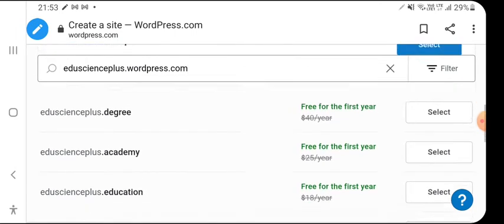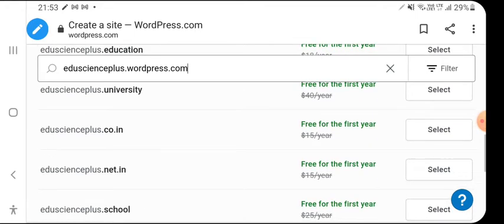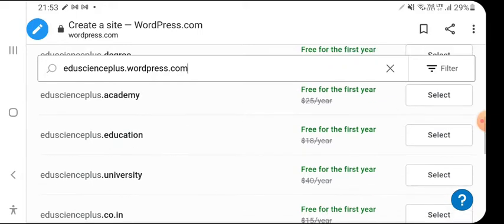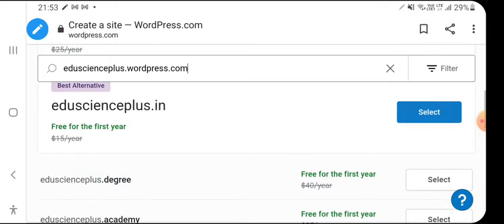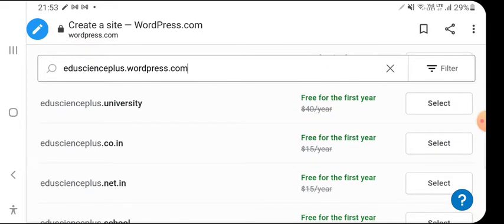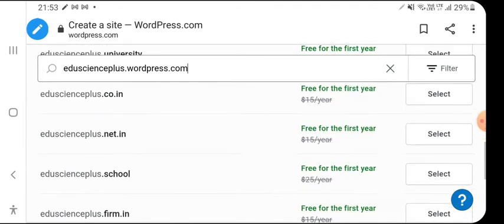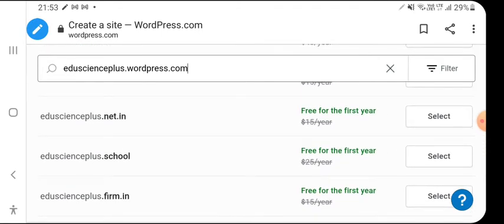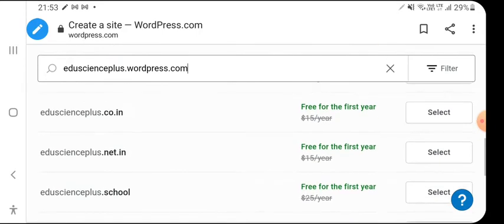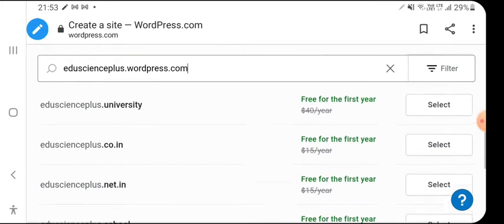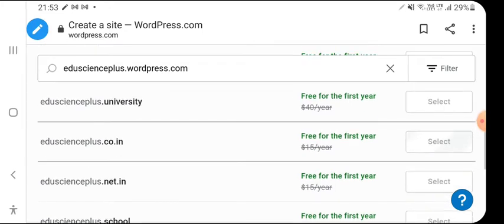So eduscienceplus.co.in, let's check if we can get any other for free, because they are saying that it is free, but actually as we saw, we have to pay. So let's see if we can get any completely free, or otherwise we will take that only. We can try .co.in, that is also fine.